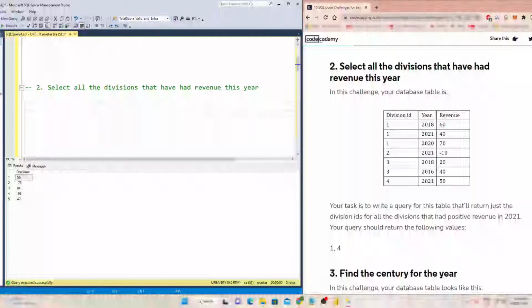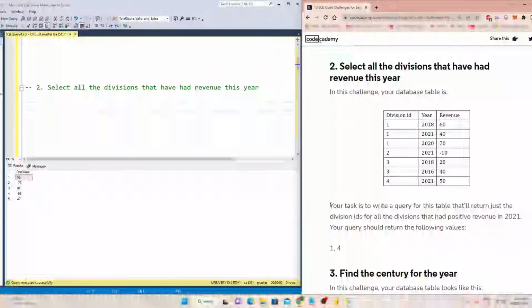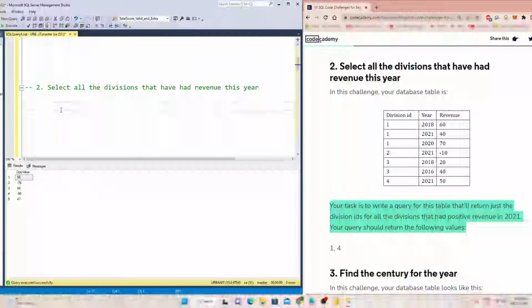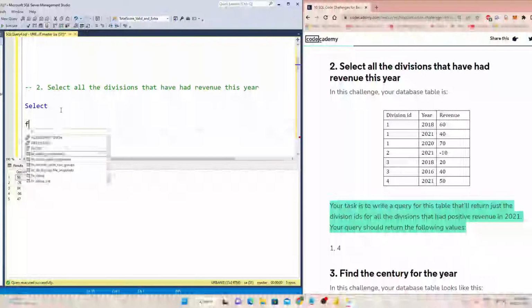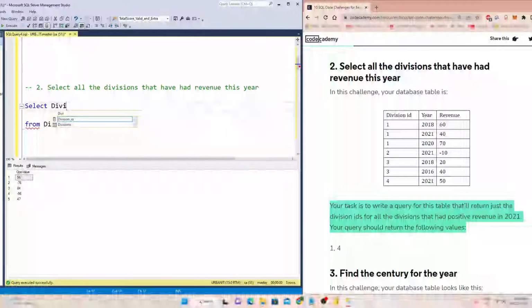It says select all the divisions that have had revenue this year. In this particular statement, they want to see only the divisions that had positive revenue in 2021. Which means we need to work on two different conditions: that the revenue is positive and the year is 2021. In this, we will simply use the where clause, and they're only looking for the division ID. So from this particular table, which I named divisions, we only need the division ID